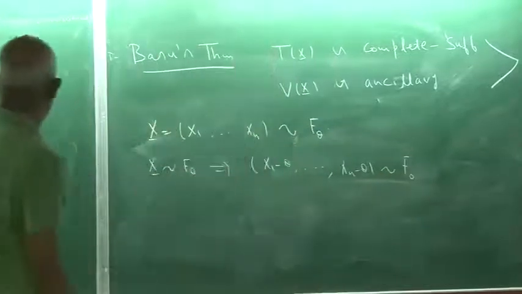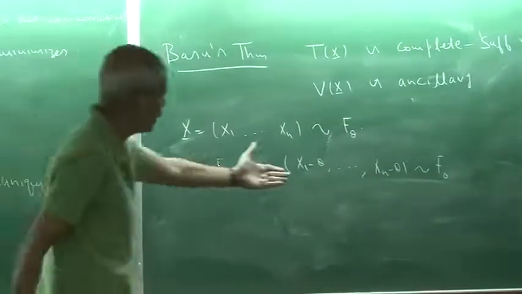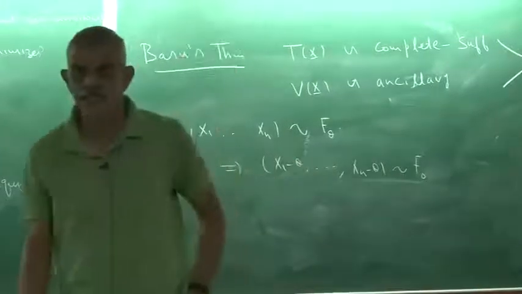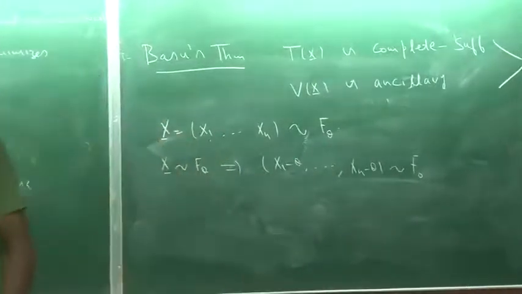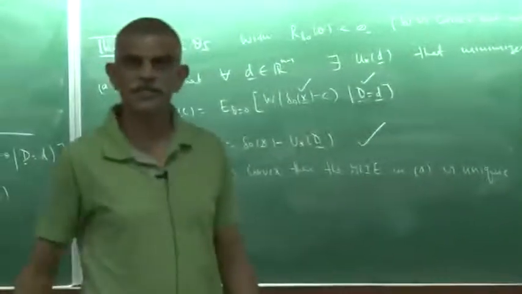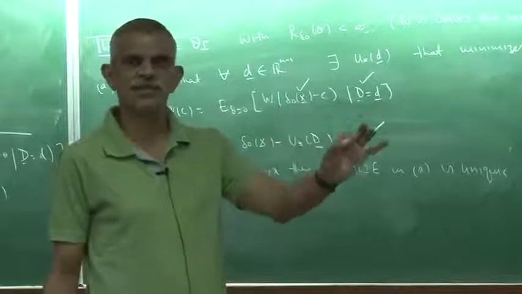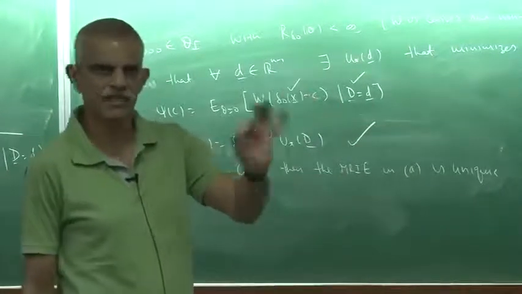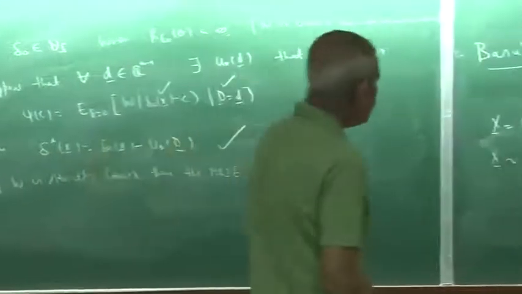We just saw that. You can easily see that probability X1 minus theta less than or equal to t1, ..., Xn minus theta less than or equal to tn is the same as probability X1 less than or equal to t1 plus theta, up to probability Xn less than or equal to tn plus theta, which is the same as F of t1 plus theta minus theta, ..., F of tn plus theta minus theta, which is the same as F of t1, t2, ..., tn. So let me call this